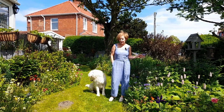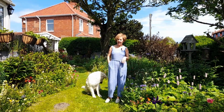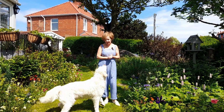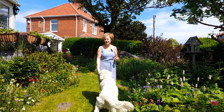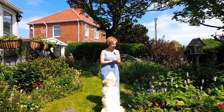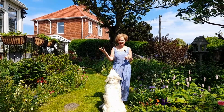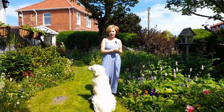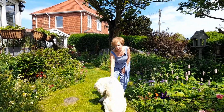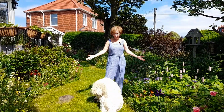So my tip number 4 is to rehome unwanted plants. And what you can do is keep an eye out in your neighbourhood for anyone getting block paving done, or any kind of building work where they have the skip outside, and just knock and say, what are you doing with your plants? They'll probably be going in a skip, and as long as they don't have to dig the plant out for you